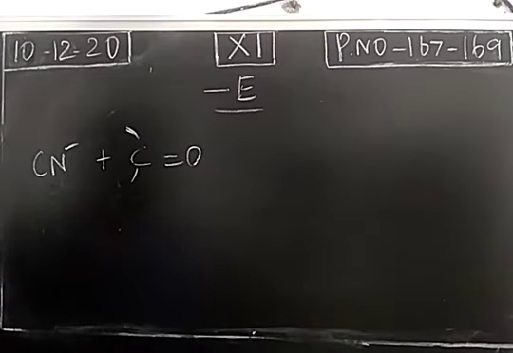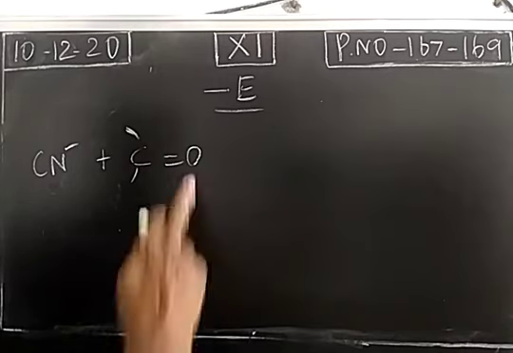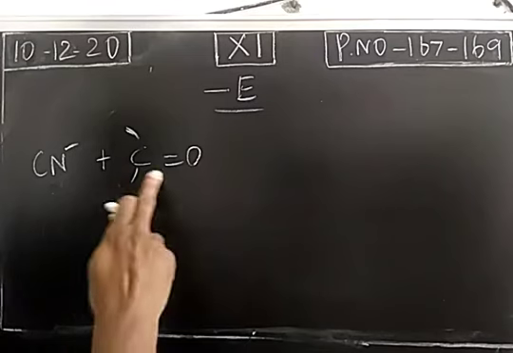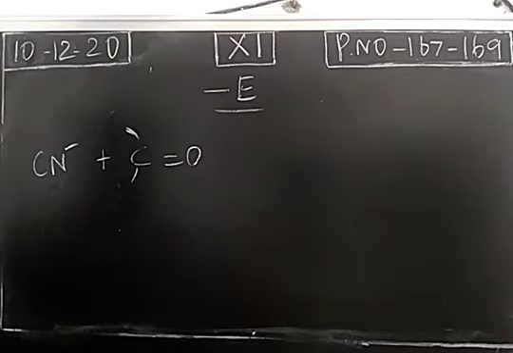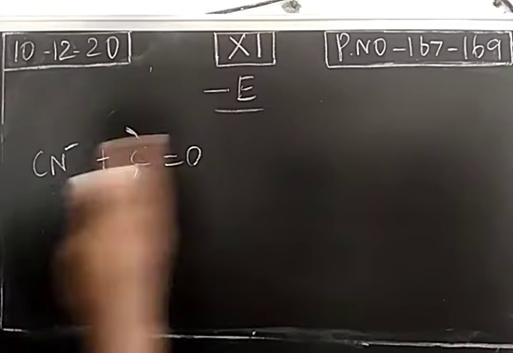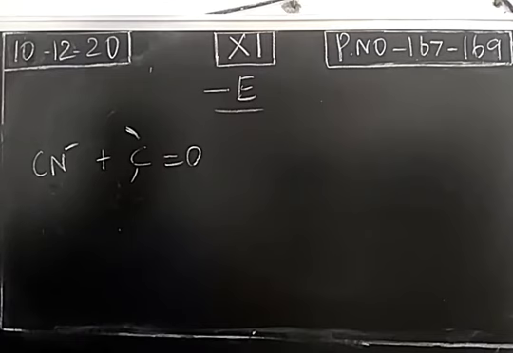Consider this carbonyl compound. A double bond is formed between carbon and oxygen, and these two are not equal. Both the atoms are not the same. So we have unequal atoms, and the electronegativity difference will be there. Carbon is having a particular electronegativity, oxygen has a particular electronegativity. So there will be an electronegativity difference. As we know, from left to right in the periodic table, electronegativity increases. So oxygen will have more electronegativity than carbon. So the bonded pair of electrons are moving towards oxygen. So there is an electron displacement.